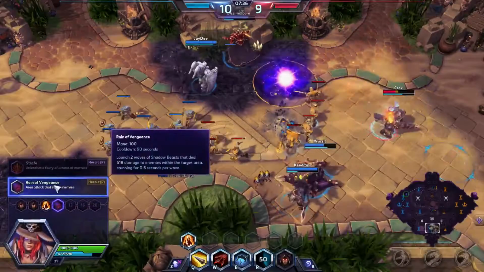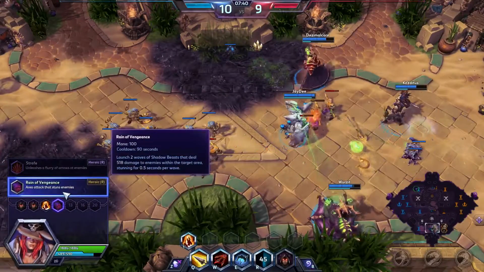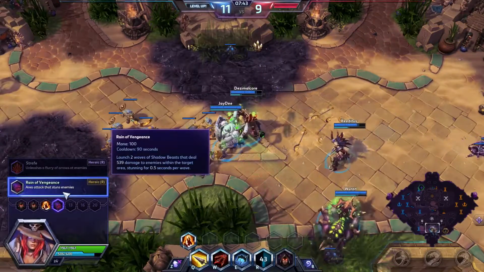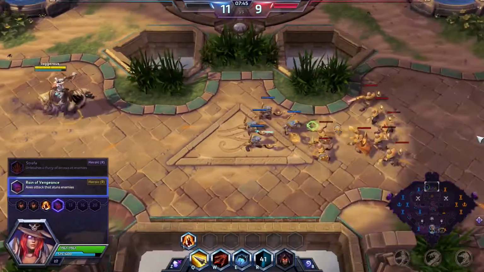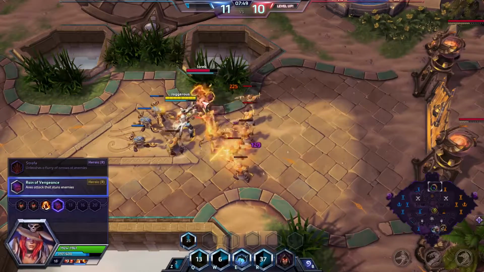Okay, so Rain of Vengeance is the talent, the ult that I picked. It's an air attack that stuns the enemy. It launches two waves of Shadow Beasts that deal damage. That's been buffed. And stun. The stun is also really useful because it guarantees your auto attacks. If someone's stunned, they can't run away, and you can very easily hit them. Speaking of which,